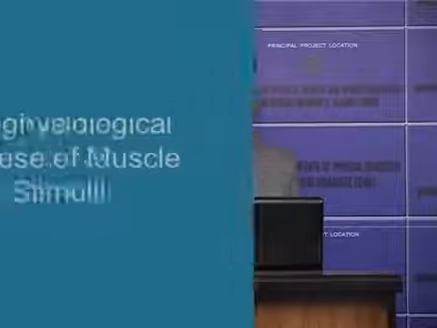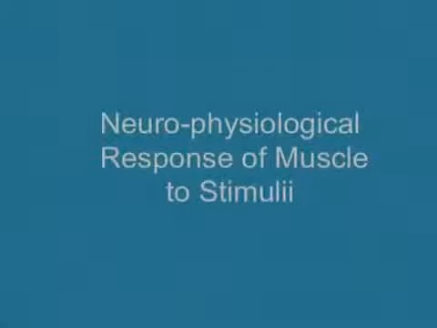The next important topic I am going to discuss is the neurophysiological response of muscle to stretch. Okay, whenever a muscle is stretched either actively or passively, how does it respond? We will study the response of muscle to stretch under these three headings. First is reciprocal inhibition, second is reciprocal innervation, and third is autogenic inhibition. What is reciprocal inhibition? Reciprocal means opposite.